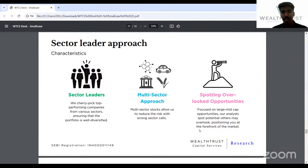So हम लोग इसमें क्या कर रहे हैं, जो भी sectors के जो best players हैं, नॉट मोनोपोली कंपनीज। जैसे ही मैं बेस्ट प्लेयर्स बोलता हूँ तो लोग एक्सपेक्ट करते हैं कि वी आर चूजिंग कंपनीज विद मोनोपोली, राइट। हम लोग मोनोपोली कंपनीज नहीं पिक कर रहे हैं, हम वो कंपनीज पिक कर रहे हैं जो नेक्स्ट लीडर्स बन सकते हैं, जो आने वाले टाइम में उन सेक्टर्स के नेक्स्ट लीडर्स बनेंगे। हम वो कंपनीज पिक करते हैं जो कि मिड कैप एंड लार्ज कैप में सिचुएटेड हैं, नॉट वेरी माइक्रो और स्मॉल कैप।